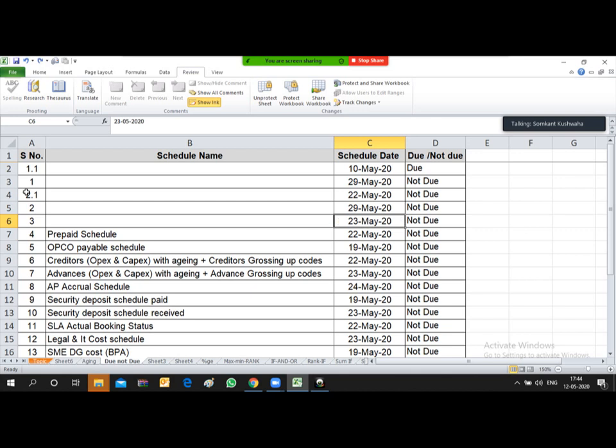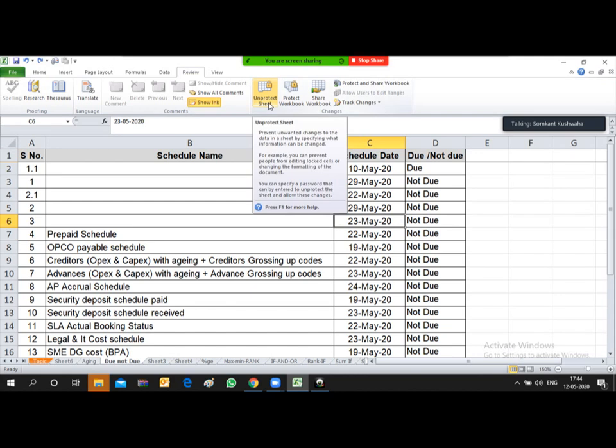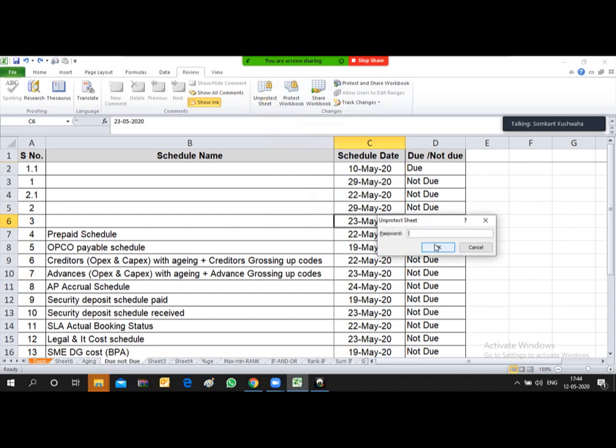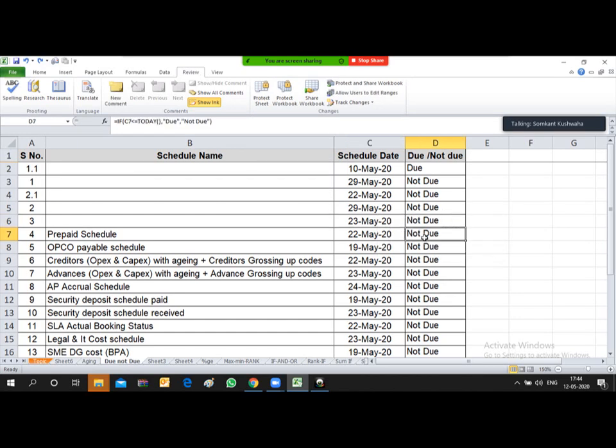So now how to unprotect it? Friends, you have to again go to this worksheet, this Review tab. Under Review, this Unprotect Sheet, again you click over here, and now type the password, that is capital A. So once you type this password capital A, now you can change this formula.